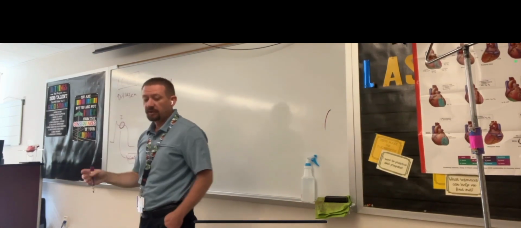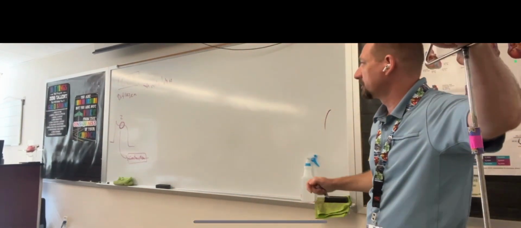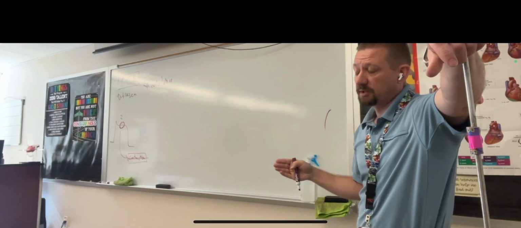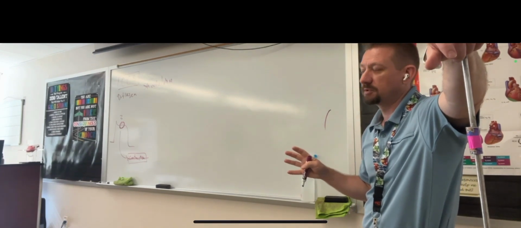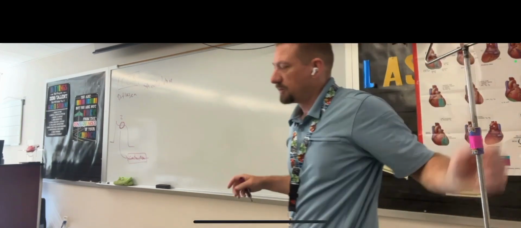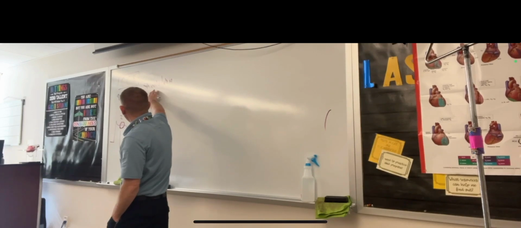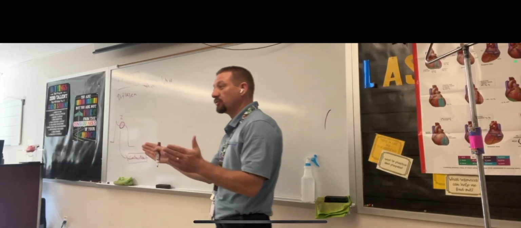The SA node, the pacemaker cells, even some secondary pacemaker cells, if we stop the release of calcium by giving calcium channel blockers. The doses we give won't necessarily impact the muscle side of things as much, because there's enough calcium for contraction to generally occur anyway in the muscle. But it will slow the rate, because what happens is if you have a really fast rate, and right now